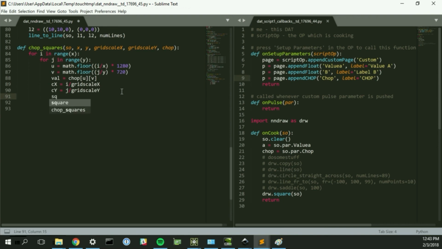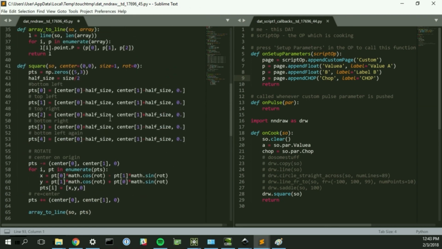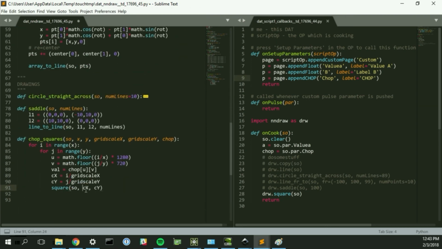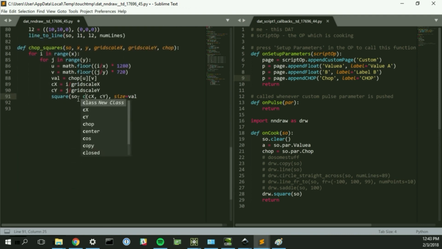So now we're going to use this thing that we did, which is square. We're going to pass it the script op. We're going to give it our CX, CY, because this is our center, our first argument. I think we put those together into a tuple. Yes, so our center is a tuple, CX, CY. And then our val. So this is the size argument. So let's go ahead and put this in. Here, I'll scroll down and I'll name these so you can see them. Center,